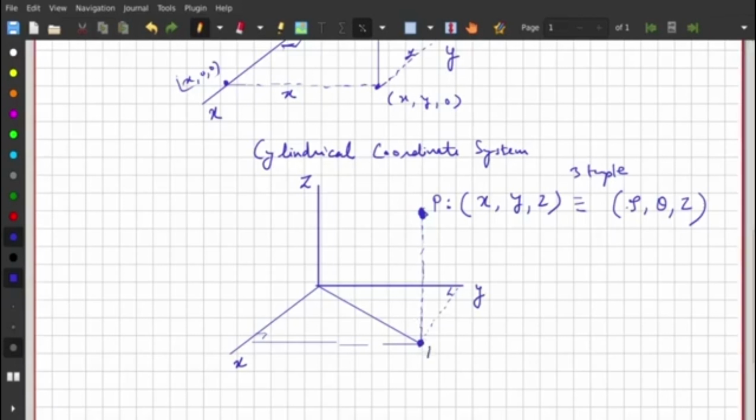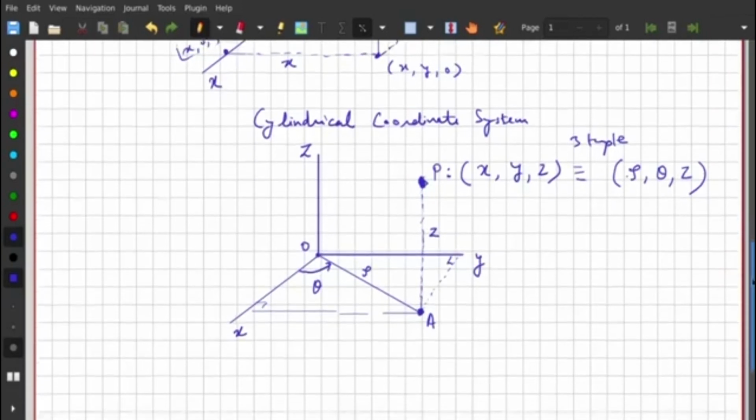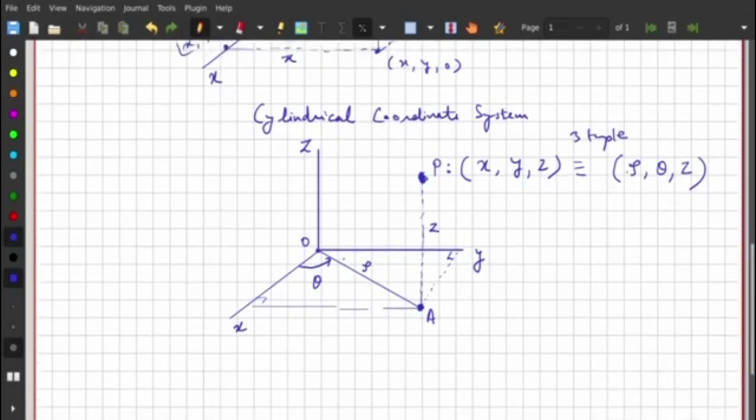Let's call that point A. So the distance from the origin to point A is rho. The angle that OA makes with the x-axis is theta, the azimuth angle, and this is the height, which is z itself. Okay, so that's the cylindrical coordinate system, and you can see from this triangle OAB